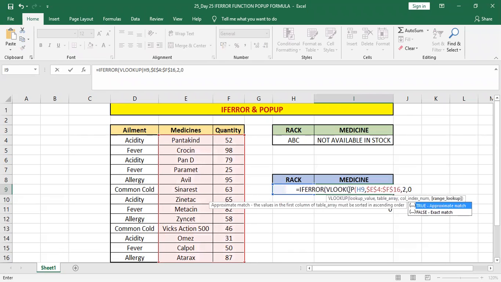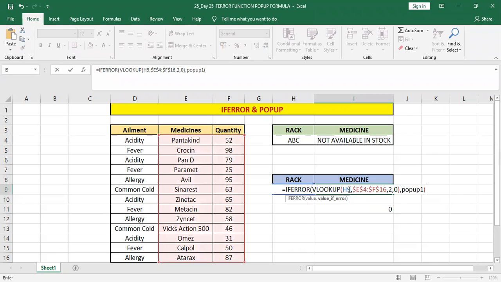I want an exact match, so 0. So that is the value I'm looking for. If that value is not there and I'm getting an error message, there should be a pop-up, and we have made the function, right? So PopUp, tab, and then after that we can just close it, right? And double bracket for that, and then enter.